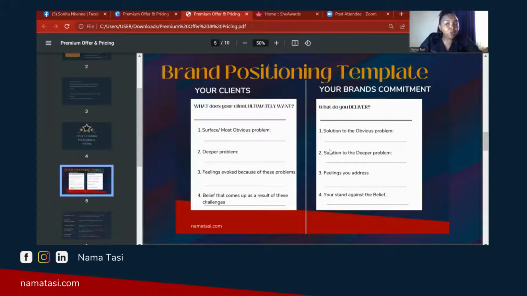So your work is to fill out this place, the whole of it. But focus on this because this is the framework of your offer, the skeleton, the foundation from which you're going to be building now the steps and the other products, okay. What belief comes up as a result of these challenges? So my clients get to a point where they start feeling like